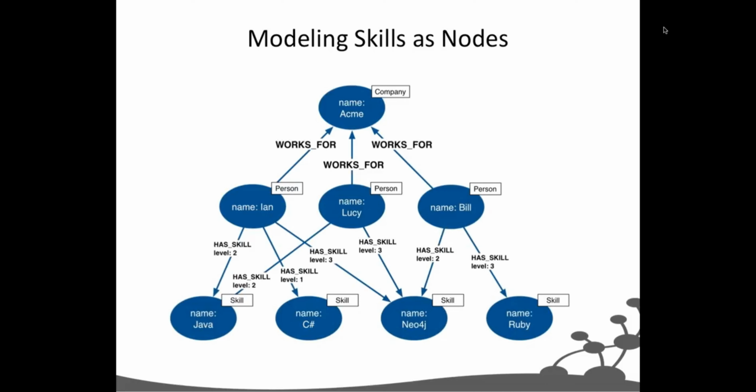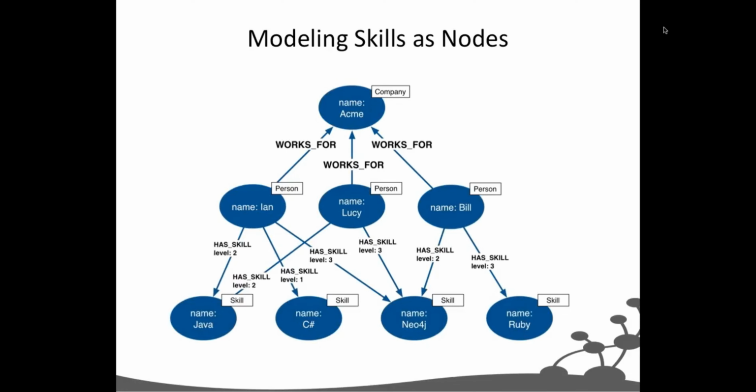So, this is just an expansion of the diagram we've been looking at earlier, but here I've actually chosen to model each skill within my domain as a separate node. You can imagine an alternative model in which Ian and Lucy and Bill each have a skills property which comprises a string array, and for Ian that string array would have the values Java, C#, and Neo4j. But instead I've chosen to pull these things out, and again, applying those little rules of thumb, we can see